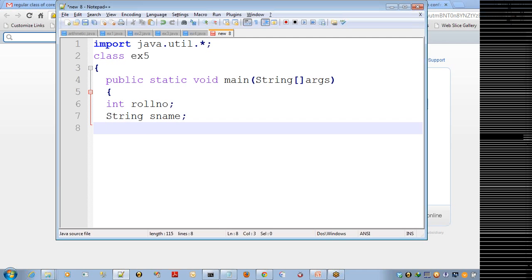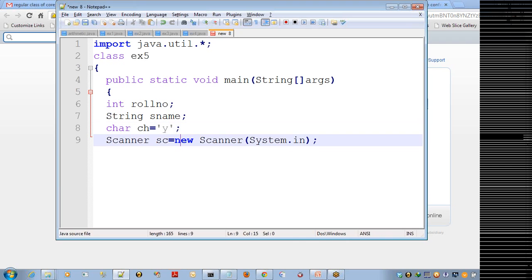This data I'm going to accept. So you can initialize the Scanner class. Other than this, you can take one choice variable. Initially the value of choice is y. That means you want to continue the process. Or this one also you can make it as, now we can take